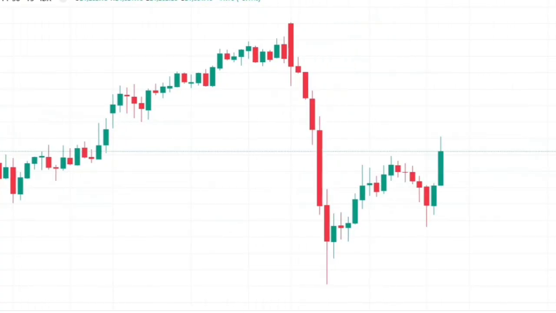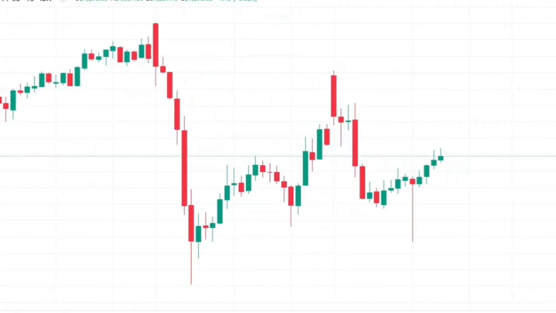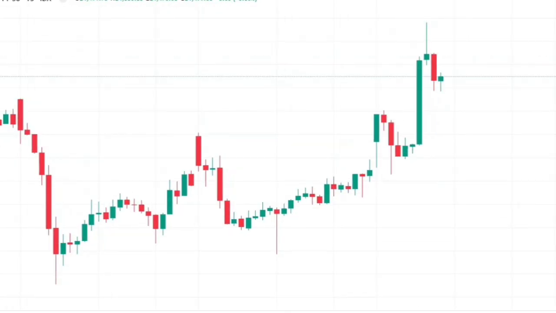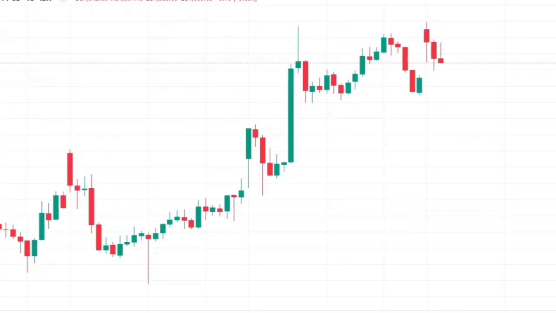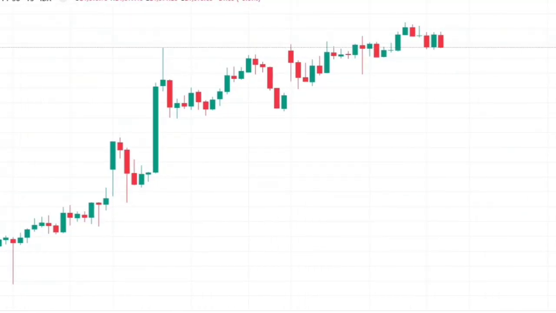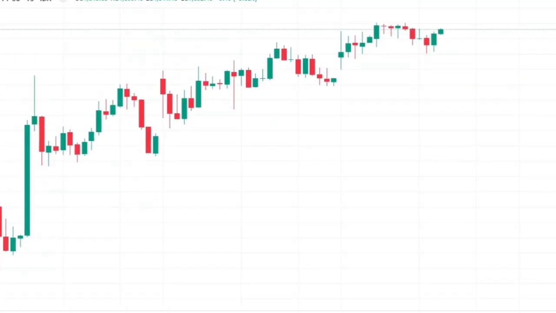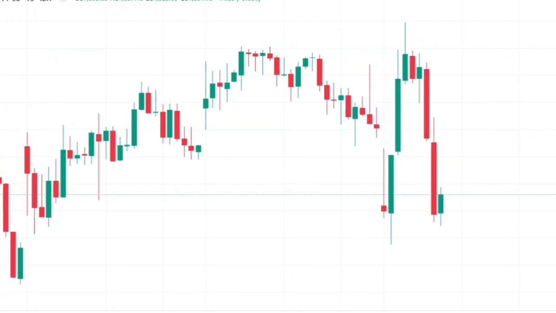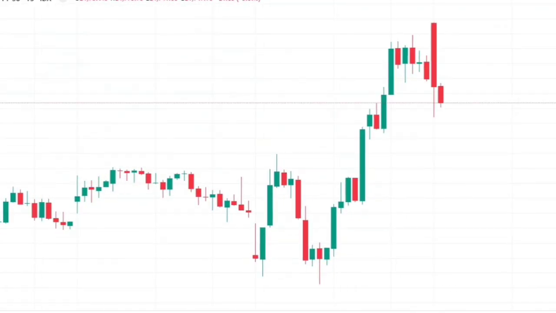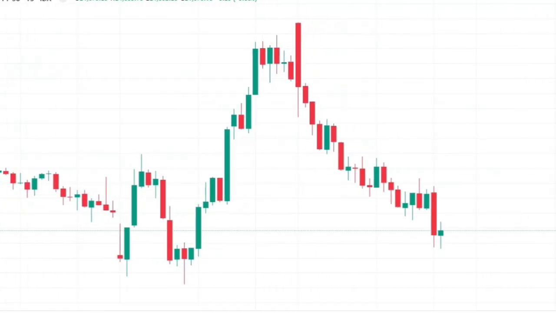Why do most retail traders keep losing money? It's not because the market is too random, it's because they don't understand how it really works. Today, I'm taking you into the world of smart money concept, a trading methodology used by institutions, banks, and market makers. You'll learn the three most important pillars: